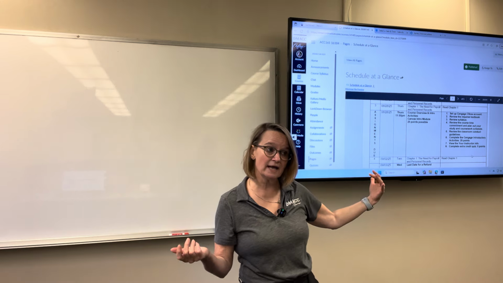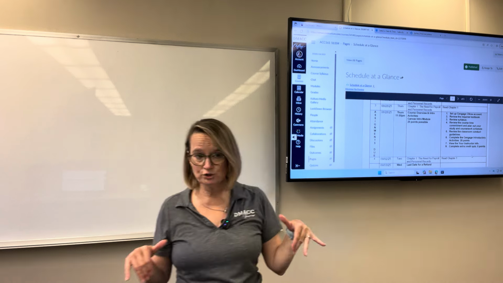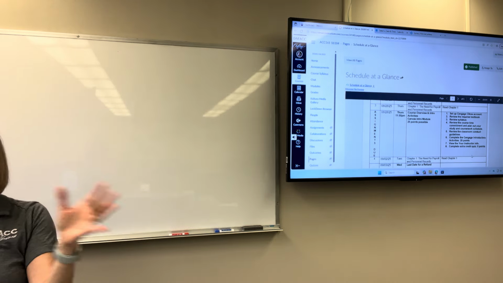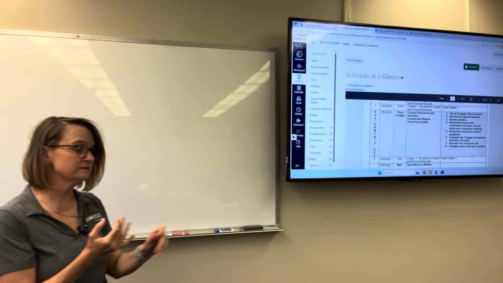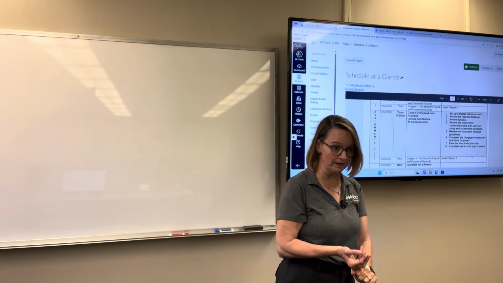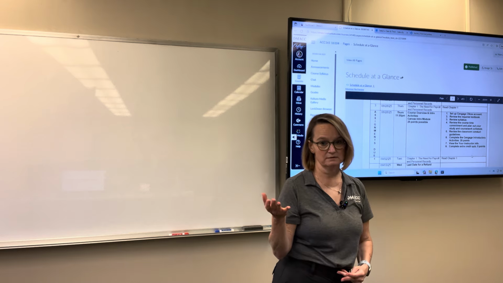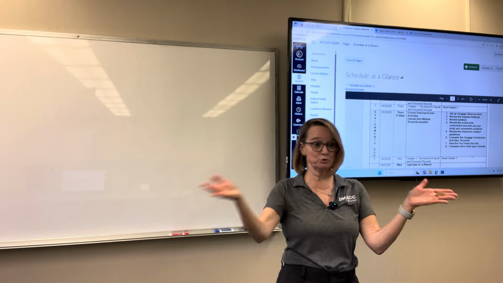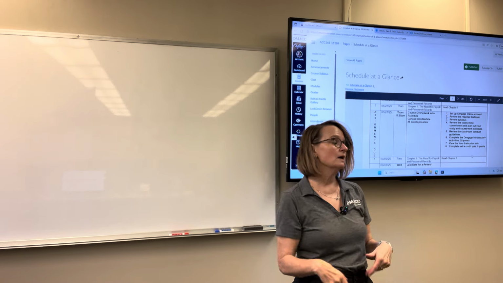So if you have another class that's using this publisher, which is Cengage, then that code would give you access to all of your classes. Now, it's for 4 months or 12 months. Obviously, the 12-month is going to be more expensive than the 4-month. The idea is if you're going to have other classes next semester that also use this publisher, the 12-month would cover you for all of those classes. You just have to pay it one time.